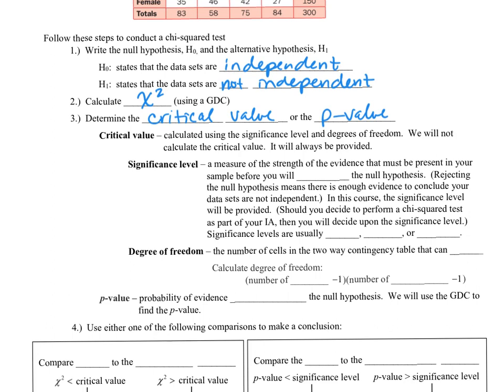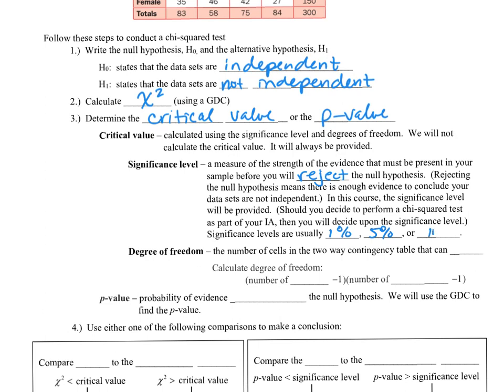Okay, significance level is a measure of strength of the evidence that must be present in your sample before you will reject the null hypothesis. Now, what does that mean? Rejecting the null hypothesis means there is enough evidence to conclude your data sets are not independent. In this course, the significance level will be provided. Should you decide to perform a chi-squared test as part of your IA, then you will need to decide upon your significance level. Significance levels are usually either going to be 1%,